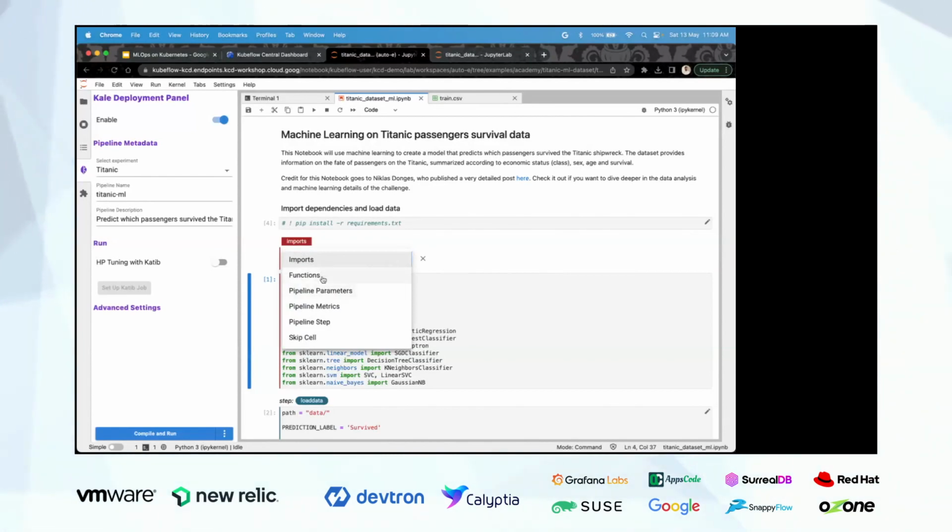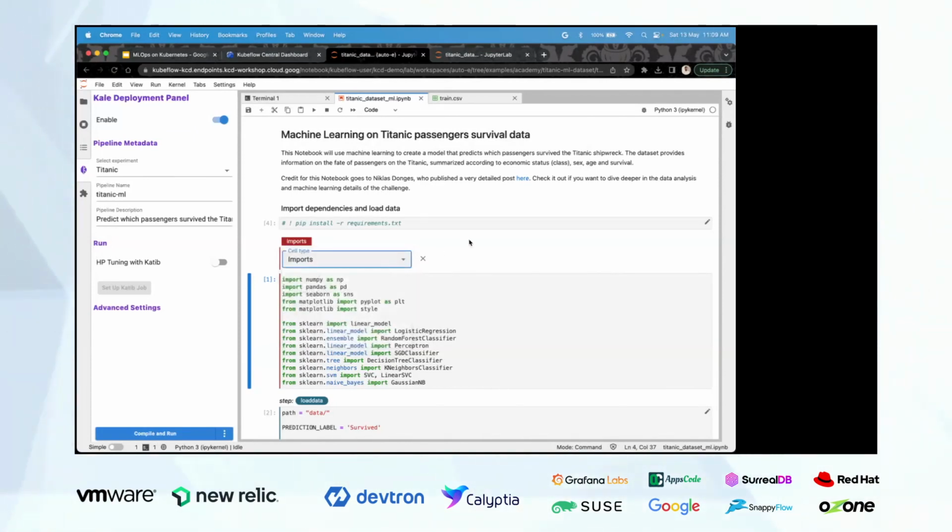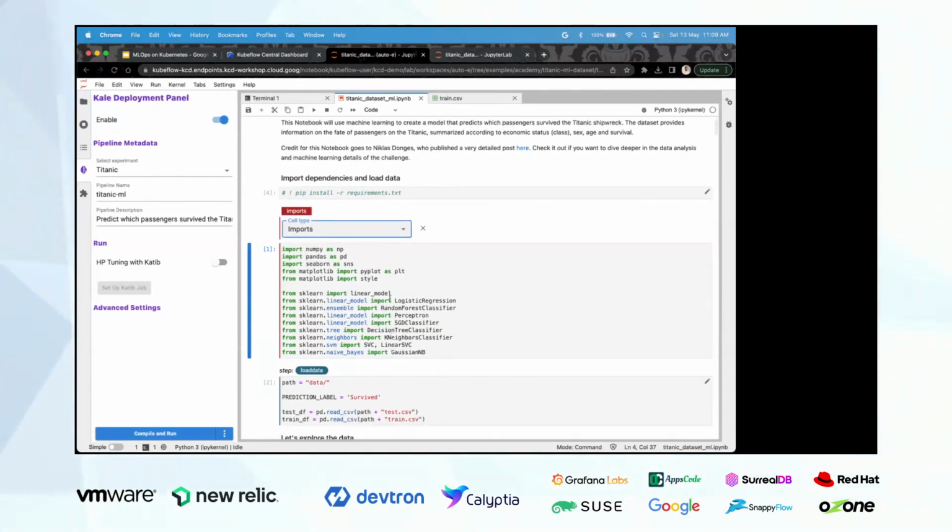These are the six types by which we can annotate each of these cells, and each of these cells will be a particular component of Kubeflow. I'll start with the imports, and maybe it will give more clarity. This is a simple cell where we are importing things, so that's why we have defined this particular cell as import.